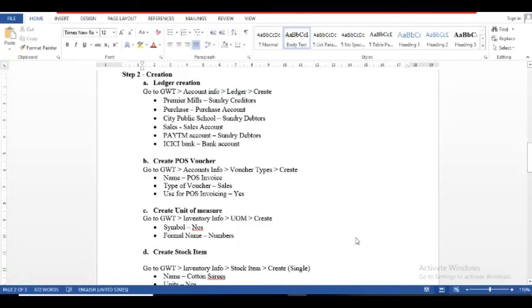And then I move to the third, C, create unit of measures. Here the cotton sarees counting is in numbers. So go to gateway of Tally, inventory info, unit of measures, create.